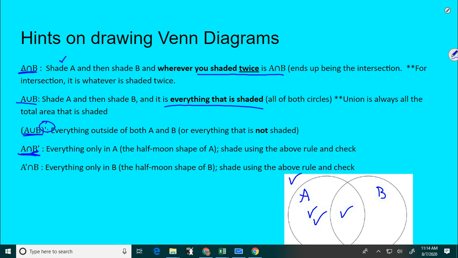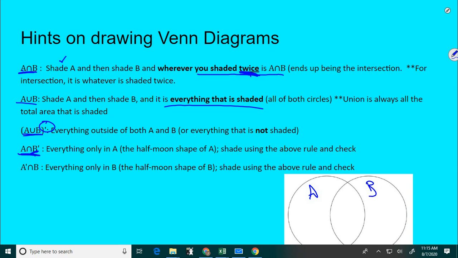Okay? Since it's intersection, it's everything that's shaded twice or checked twice. So A intersect B complement is this area over here. You notice I wrote the little half moon shape of A. If we flip that the other way,